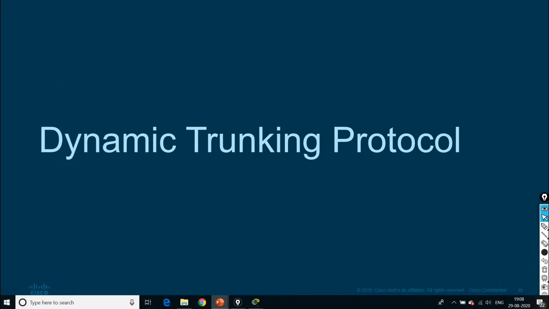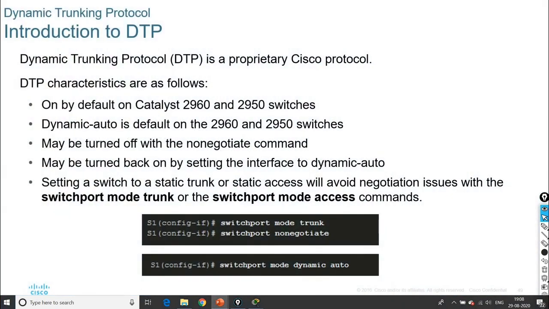And dynamic trunking protocol. Some Cisco switches have a proprietary protocol that lets them automatically negotiate trunking with a neighbor device. This protocol is called dynamic trunking protocol. DTP can speed up the configuration process for the network administrator generally.